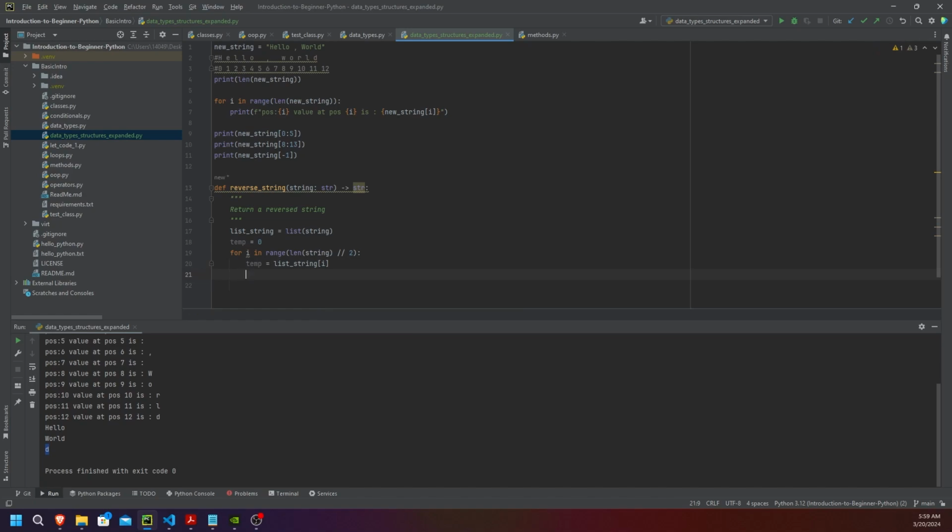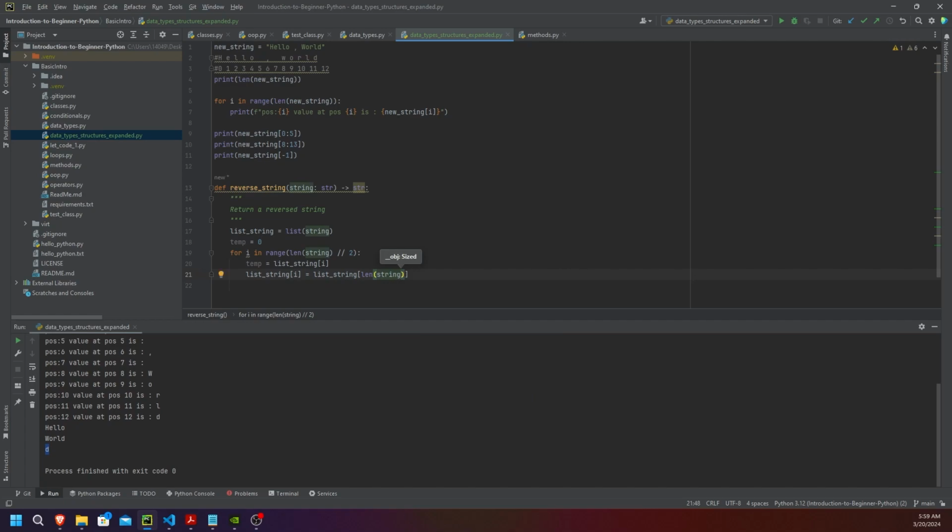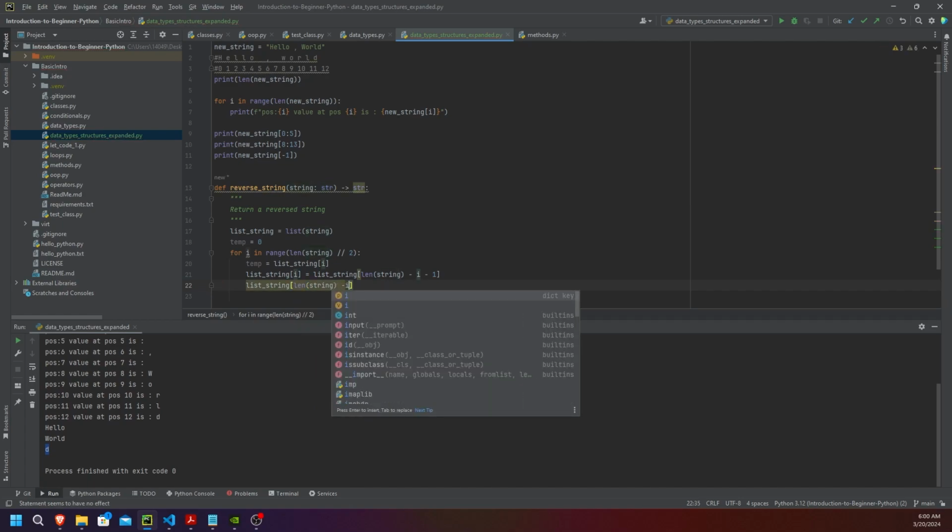And then what we can do here is take this list string at index i and set this equal to the list string at the end of the list, which is going to be the length of the string value, and we're going to subtract i from it, and then we're also going to subtract 1, and then we're going to set this list string at length of the string value minus i,